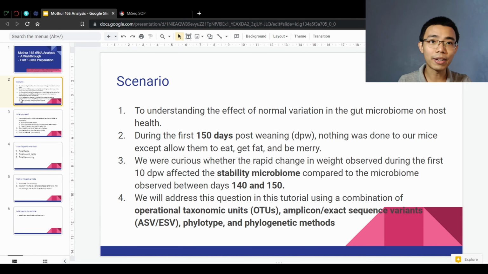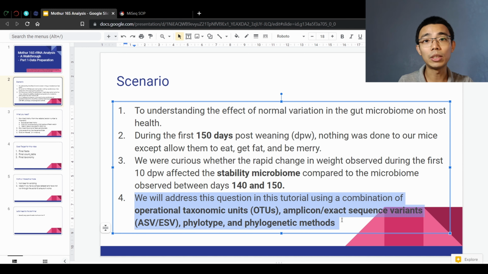Okay, so the scenario is actually something like this, where it's laid out to understand the effect of normal variation of the gut microbiome on host health. They have a few mice that they just feed to get fat, and they measure the stability of their microbiome between days 140 to 150. They're going to analyze that based on OTU, amplicon sequence variants, phylotype, phylogenetic methods, and so on and so forth. So we're going to go a little bit deeper into number 4 over here in the next video, but today